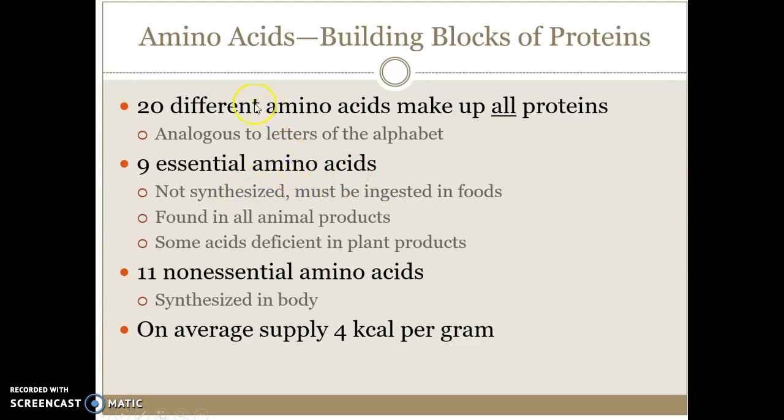So amino acids are the basic blocks that build up a protein. You think of a protein as like a pearl necklace. It's a chain of a lot of amino acids, but there's only 20 different amino acids. However, any combination of these amino acids could make up a protein. So there's hundreds of thousands of ways that amino acids could go together in a chain. Of these 20 amino acids, only 9 are essential in our diet. So when you're taking protein shakes or you're trying to eat extra steak, we actually make 11 of the amino acids. As long as we have ingested these 9 essentials, our bodies can produce the others.